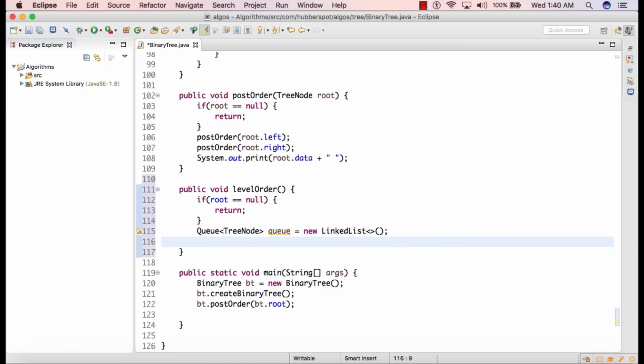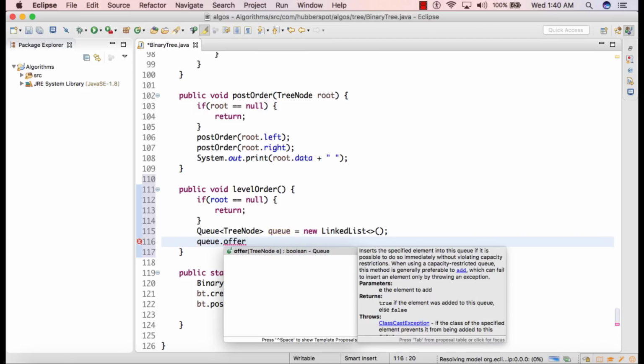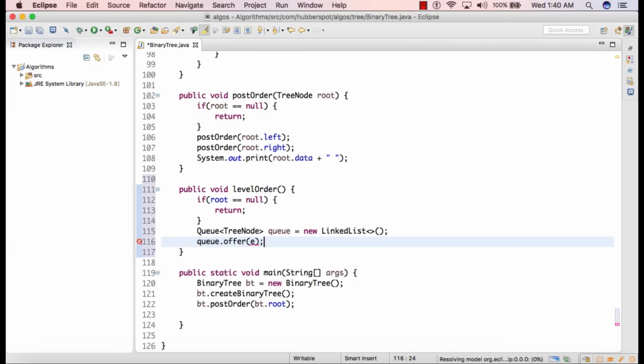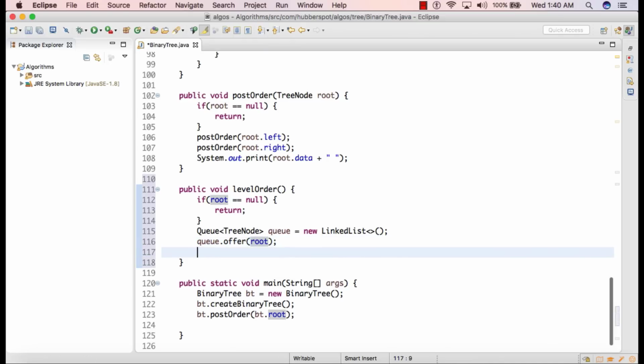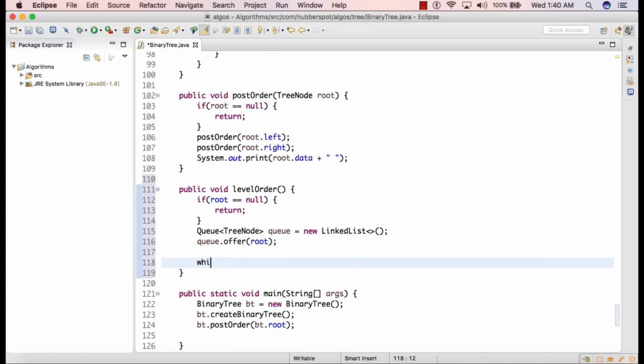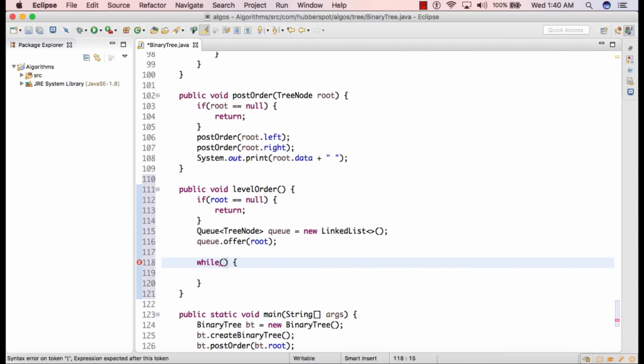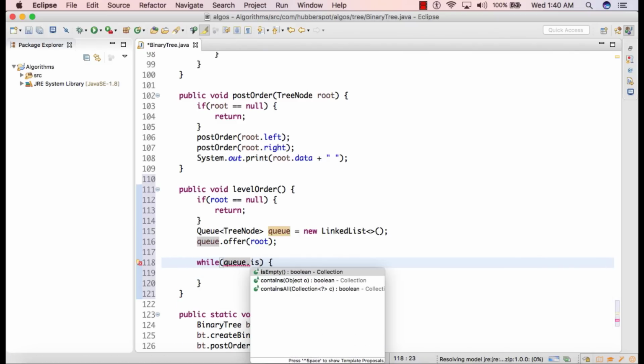After we create the instance of this queue, we'll simply offer the root node. Now we'll create a while loop, and inside this while loop we'll place a condition that we iterate this while loop till the queue is empty.